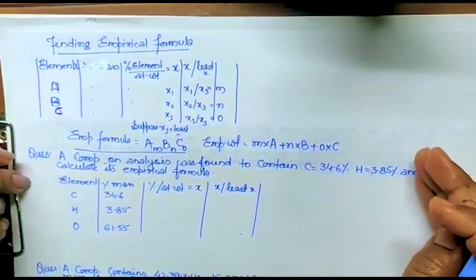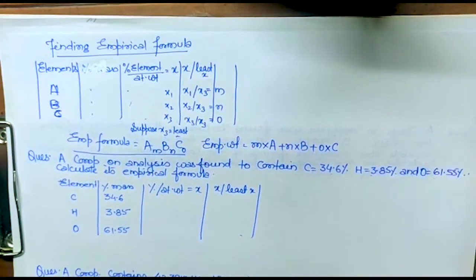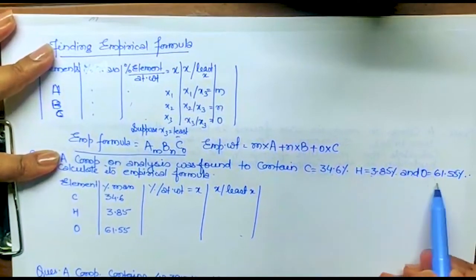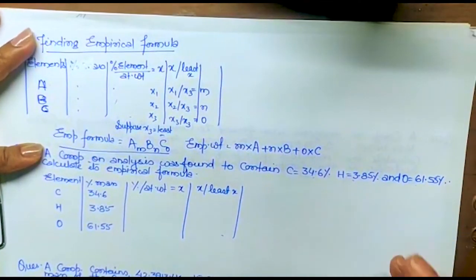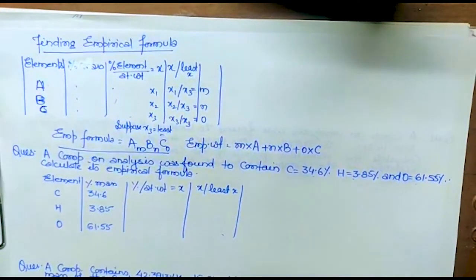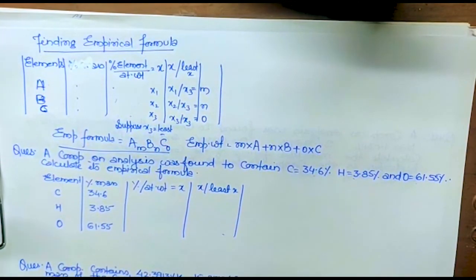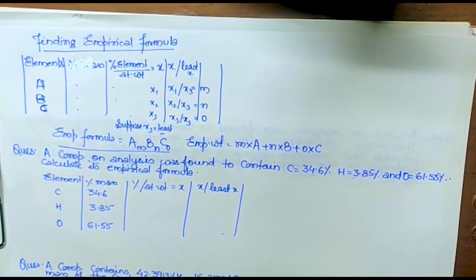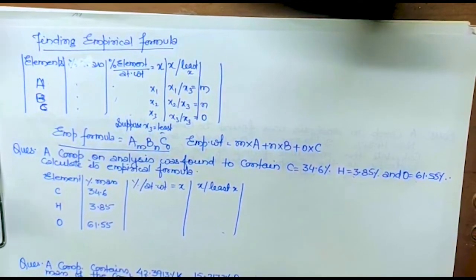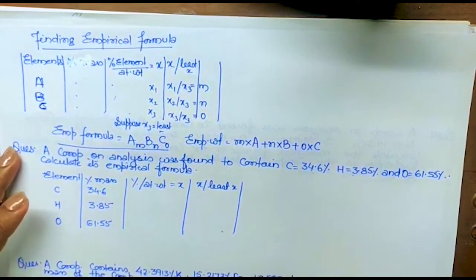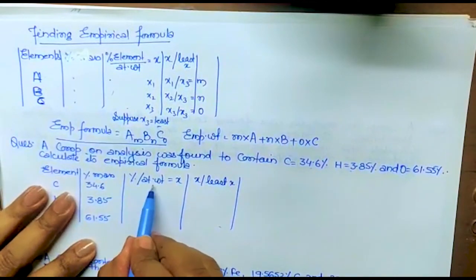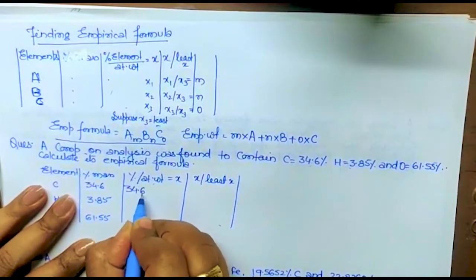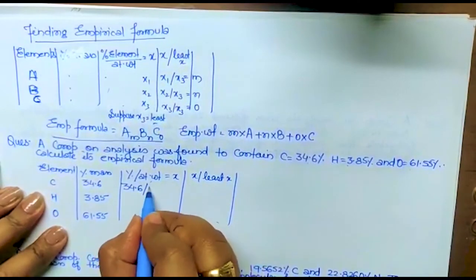Sometimes it is said that carbon and hydrogen only are given, suppose oxygen is not given, and the rest is oxygen. Then what you have to check is that the sum of all the percentages should be 100. If it is not like that, the rest will be 100 minus that percent. Got it? And it may also be possible that what the rest is is not given either. In general we consider it to be oxygen. Let's see when the question comes in that form; we will understand. So next, what we have to do is percentage upon atomic weight. So 34.6 divided by the atomic weight of carbon, which is 12, isn't it?